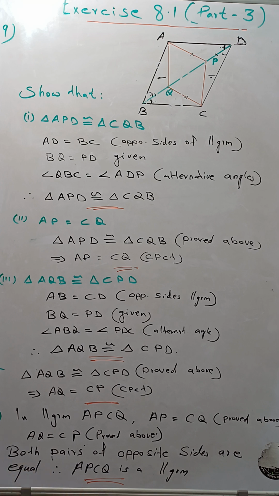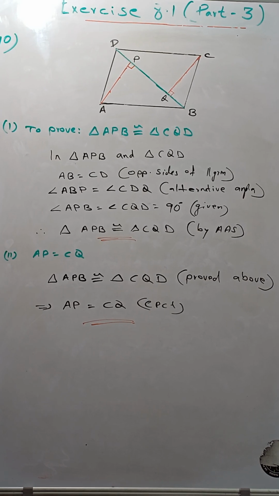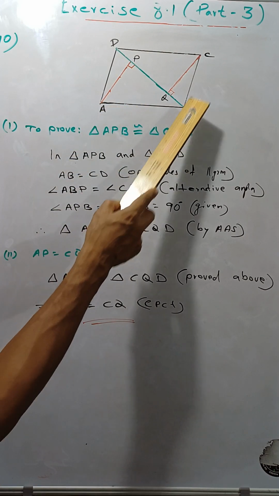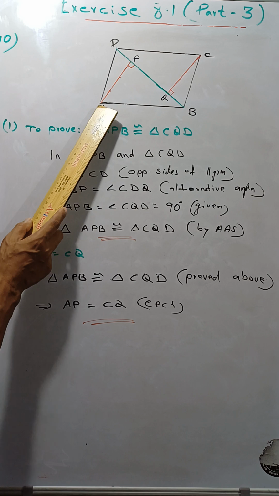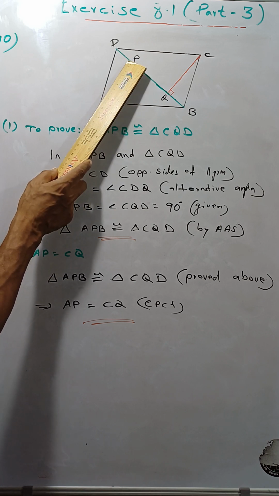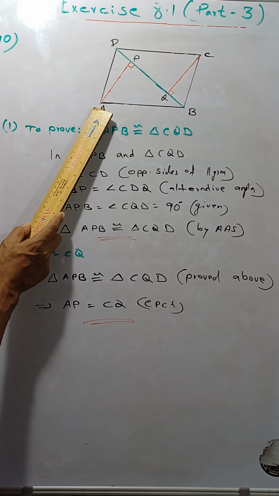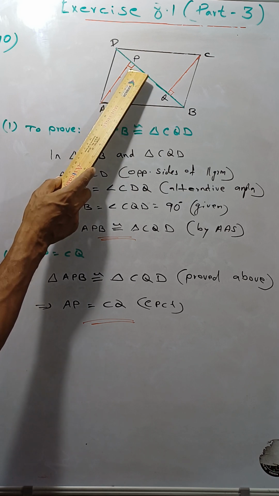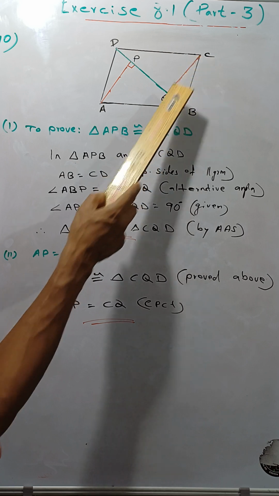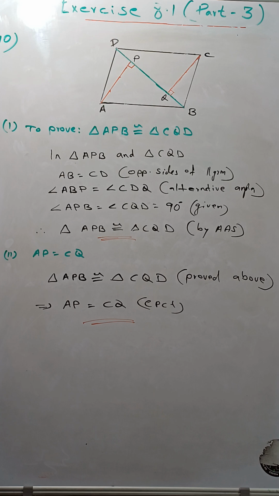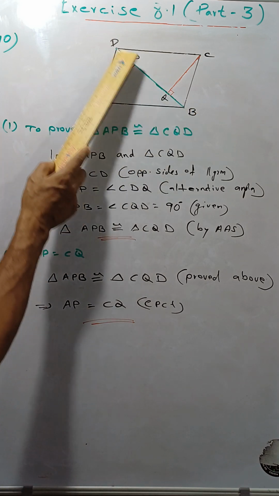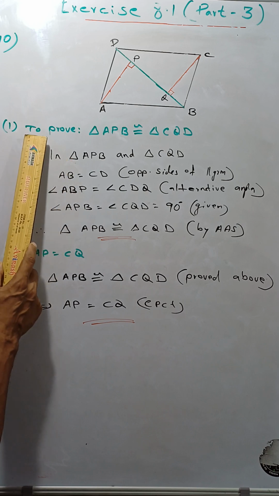Now let us go to question number 10. In this question number 10, ABCD is a parallelogram, and AP and CQ are perpendiculars. This AP is a perpendicular from the vertex A, which means this is 90 degrees, and CQ is another perpendicular from the vertex C. And BD is a diagonal. Then show that, first part,